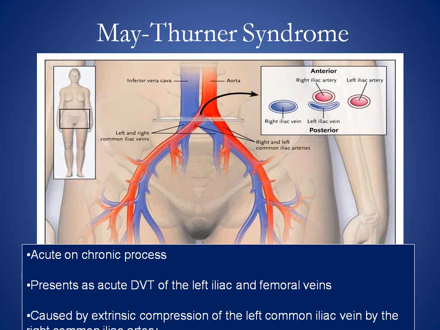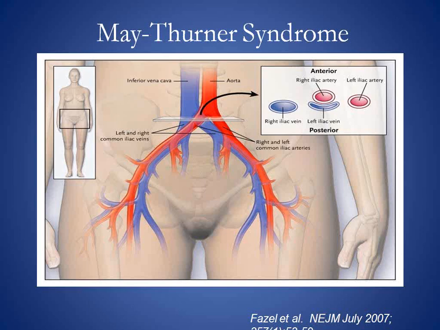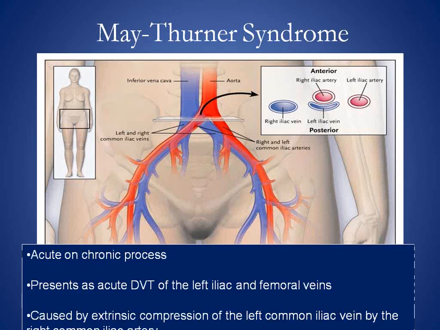A lot of people will go on to do a PE study, but essentially what happens here is you really can't get a PE because there's no way for the blood to go directly from the iliac vein into the IVC, into the right heart, into the lungs. So the body is sort of auto-obstructed at the iliac vein. So when you see a young person, usually female, with a left leg DVT, that's pretty much diagnostic for May-Thurner syndrome